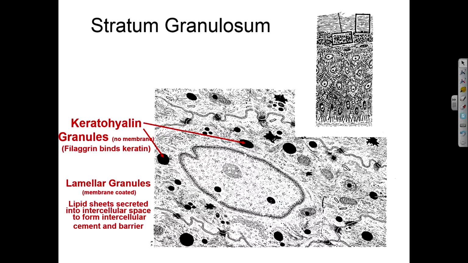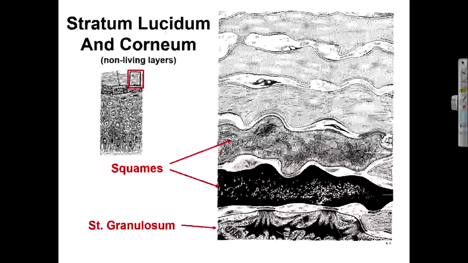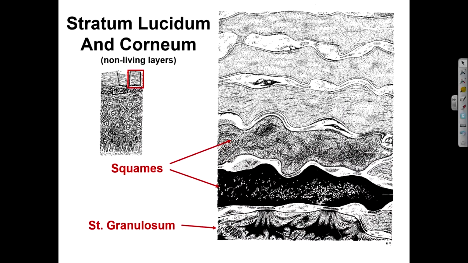Hence the term stratum granulosum, because of those two different types of granules within those keratinocytes. Okay, so that was the three living cell layers. Then the next layer up in thick skin is the stratum lucidum, which is kind of a clear layer where the squames have been compressed. And then the outermost layer is the stratum corneum, which is just the dead keratinocytes on the outer surface of